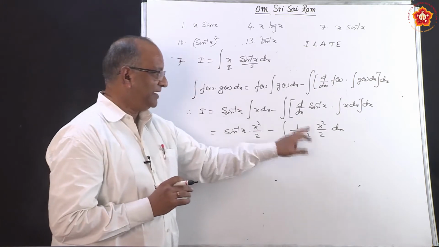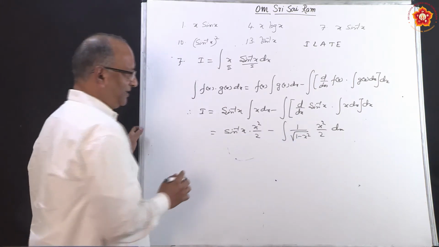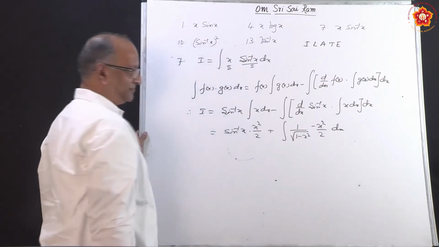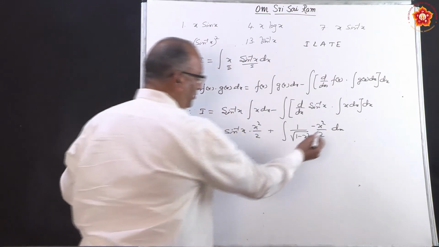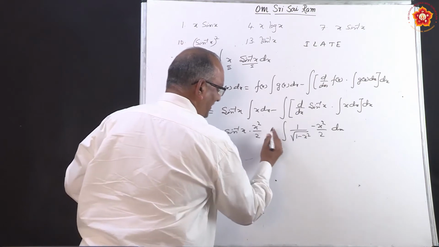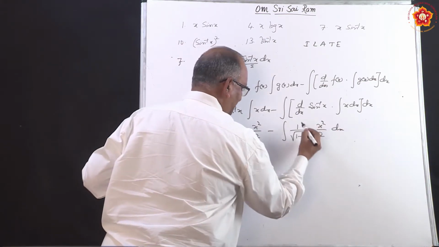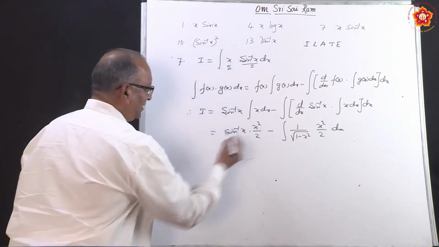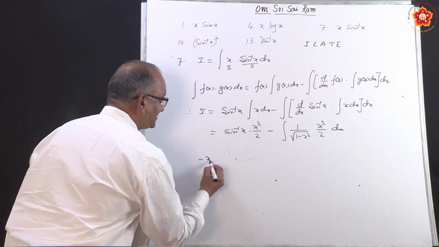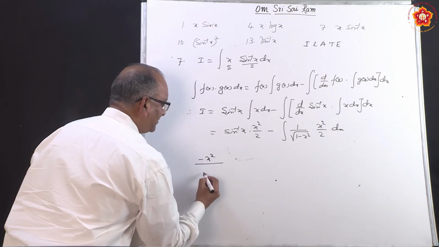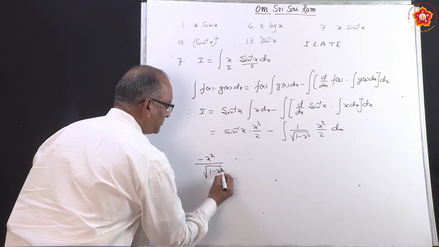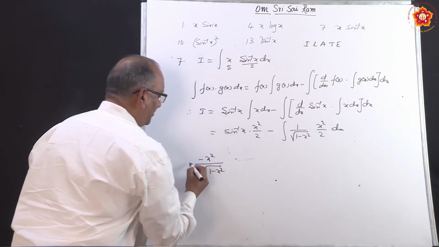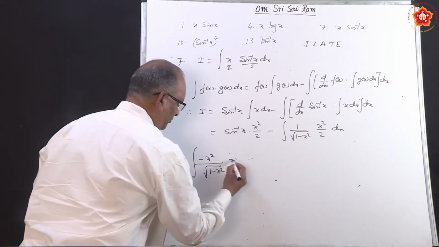Here we have 1 minus x square. What you do is take this negative sign inside and write like this. And in order to find the integral, we will take it separately so that there is no confusion. Take only that particular part. So, let us say it is minus x square by under root of 1 minus x square. Do not worry about this 2, that 2 can be written outside. We want to integrate this. So, how do we do it?